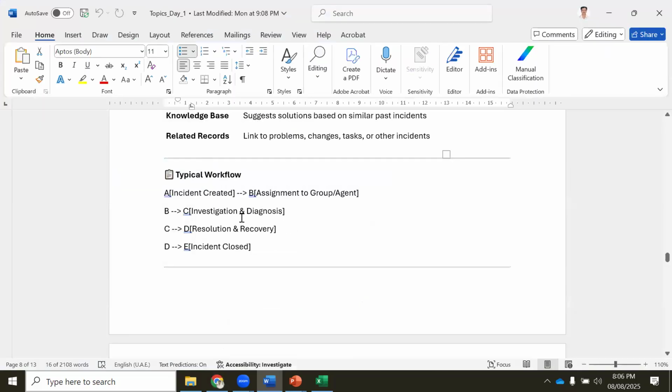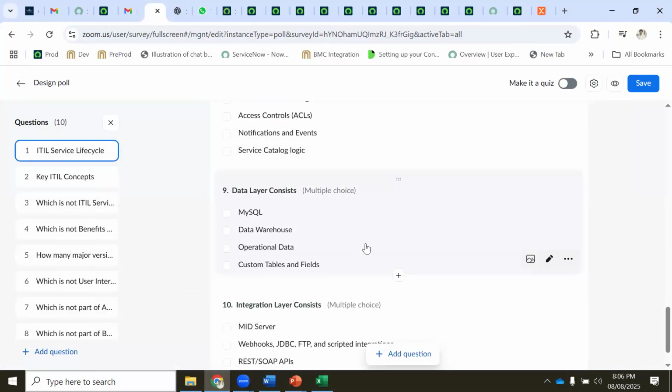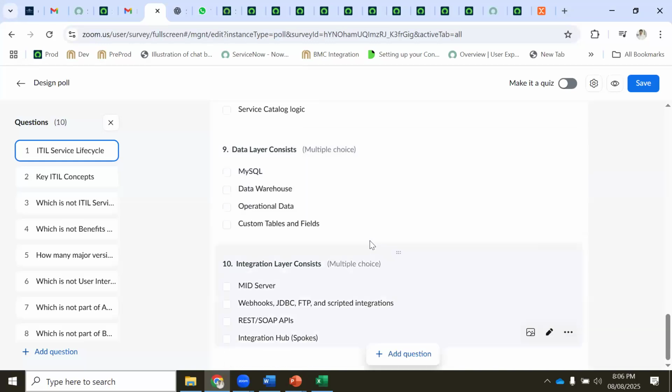Whatever we are discussing, I will give these notes to you, so that you will have them handy to review before going to an interview or whatever. So what does the data layer consist of? We discussed this one also again. Let me put it somewhere. Okay. So the 10th question is integrator layer consists.